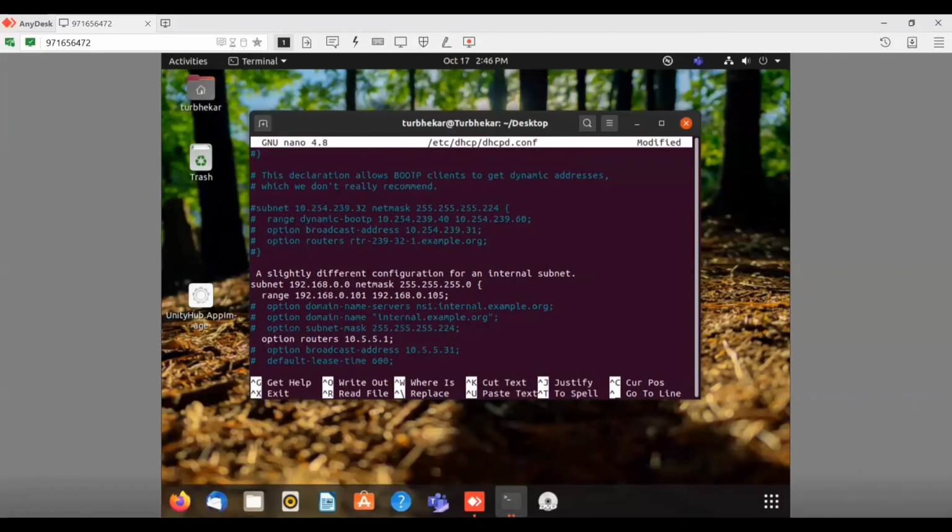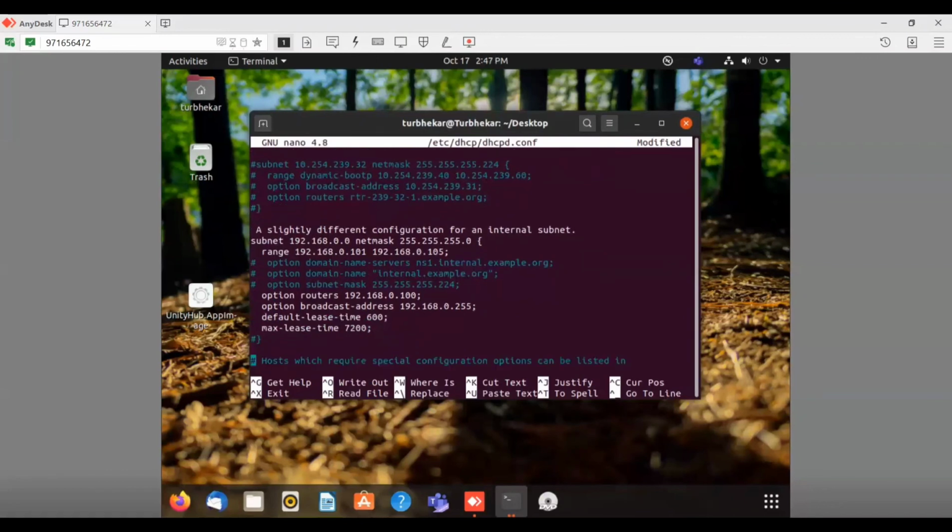We will configure the option routers, in which we will give our default gateway IP address, that is 192.168.0.100, and after that comes the broadcast address, which will be the last address of our subnet, 192.168.0.255. Then we have to uncomment the default lease time and max lease time and the end of the block.